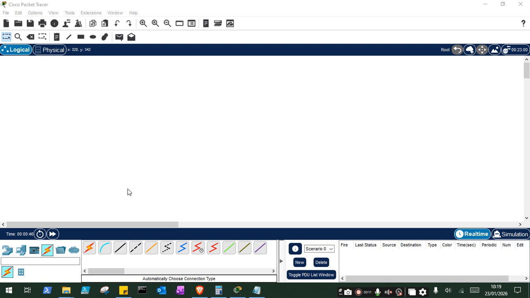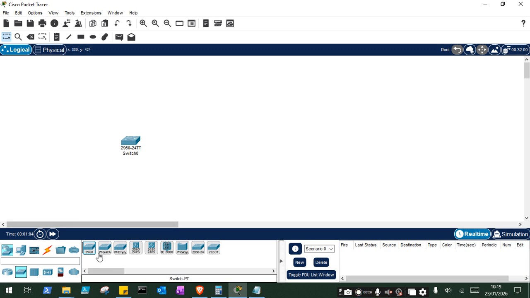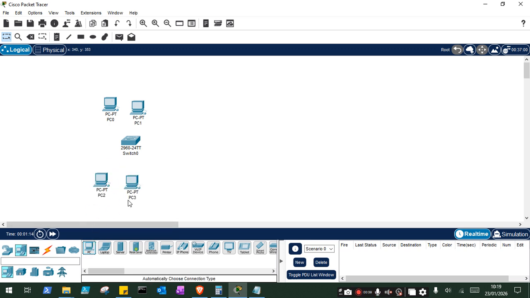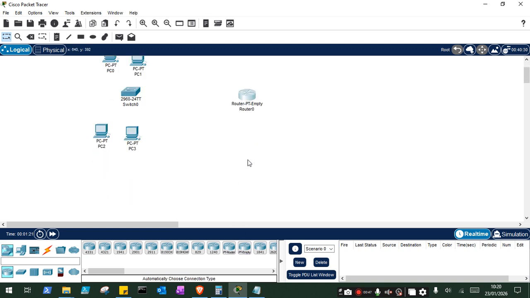Hello. In this video, we will together make a router on a stick configuration on Packet Tracer. We need a switch for making the router on a stick configuration. This is our switch, and the switch will have two virtual LANs, two computers each. Here are two computers. And the switch will be connected to a router, this router, and this router will connect